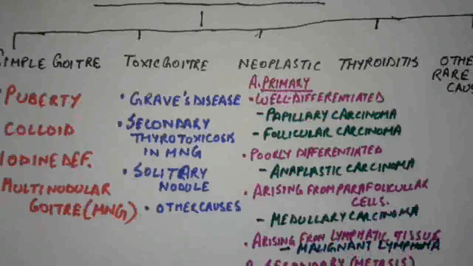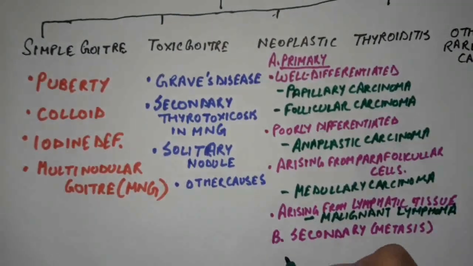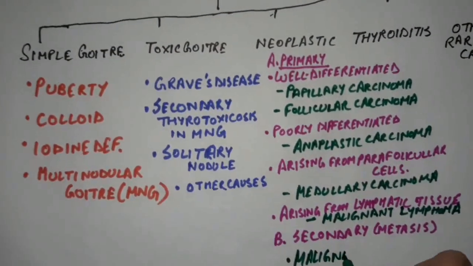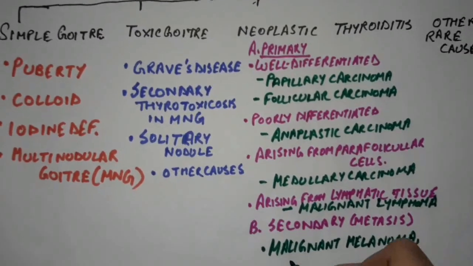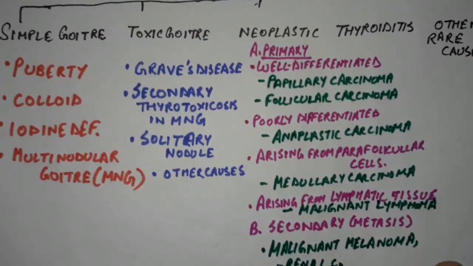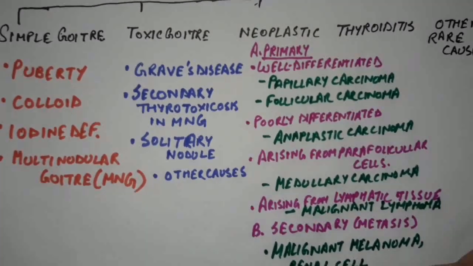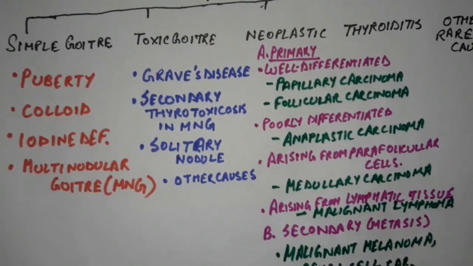Under secondary metastasis, that is spread from the thyroid gland due to blood spread, comes malignant melanoma, renal cell carcinoma, breast cell carcinoma,